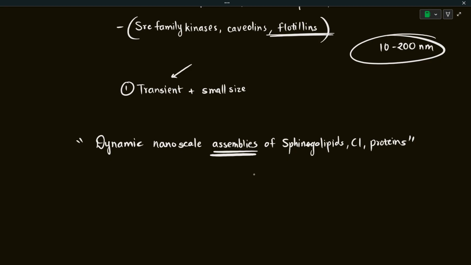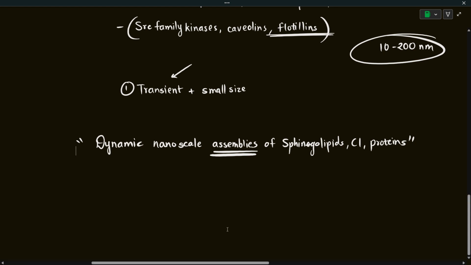This is just for your information: due to the challenges of visualizing lipid rafts in vivo, and the argument that lipid rafts do not have a fixed composition, because the composition of sphingolipids and phosphatidylcholine, the phospholipids in them, could vary, and they still will have